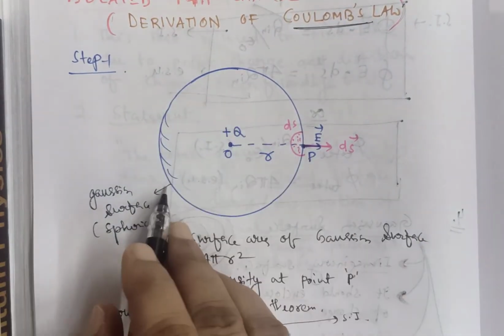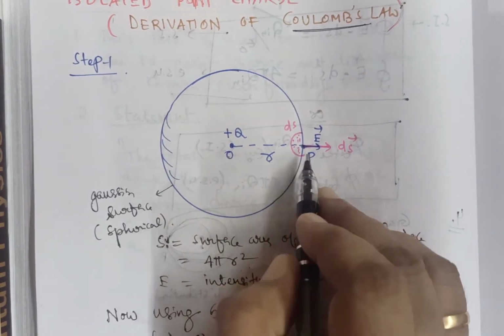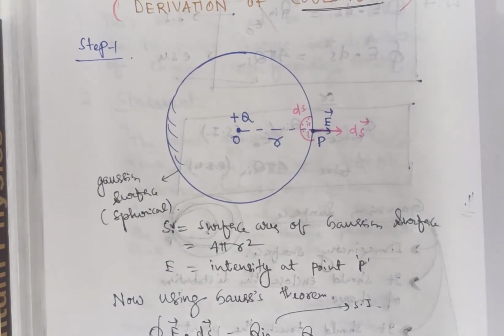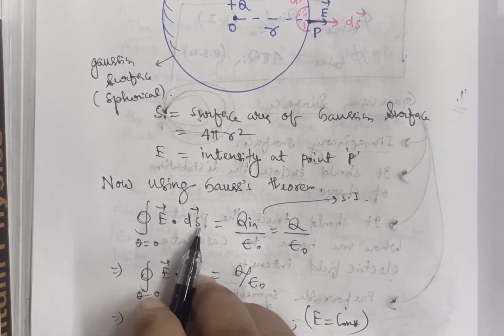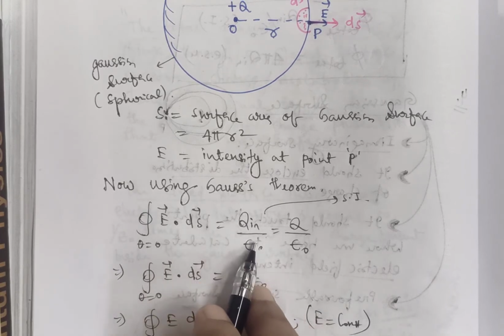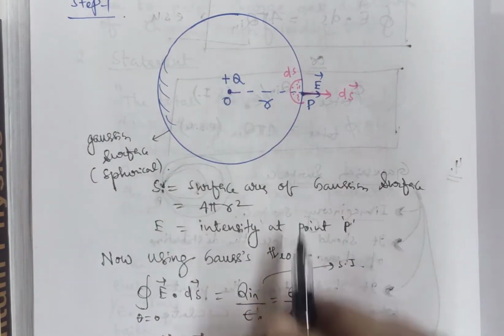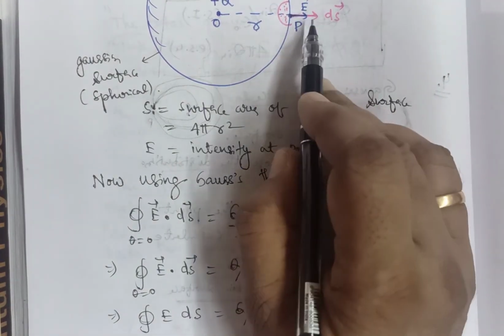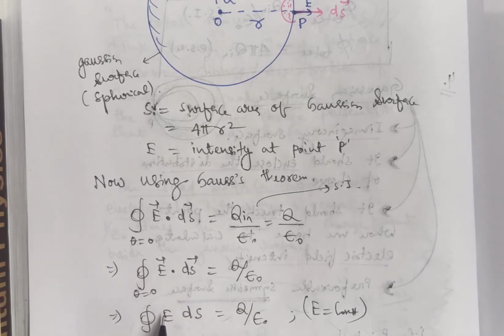Now this is the Gaussian surface, this is the point charge situated at O. R is the distance between O and P. You can also say that R is the radius of the chosen Gaussian surface. Then you will use the Gauss theorem. What is the Gauss theorem? Closed integral of E vector dot ds vector is equal to q in by epsilon 0. You see the figure. What is the charge inside this Gaussian surface? Only plus q. So we have written q here. Again you see the angle between E vector and ds vector is 0 degree, so it is written theta is equal to 0 degree. If theta is equal to 0, E dot ds by vector law will be E ds.